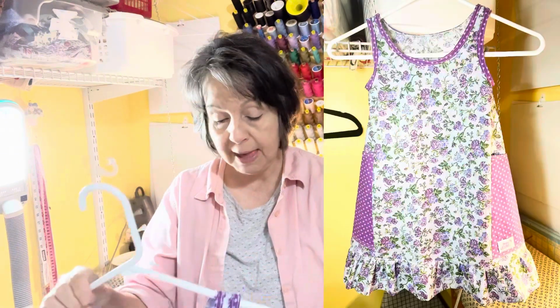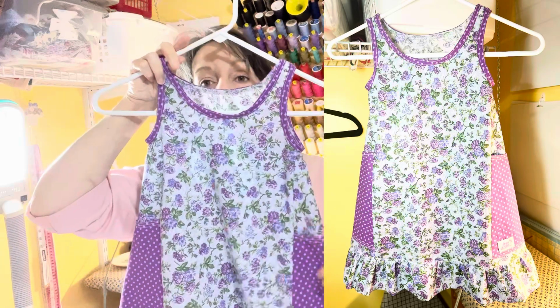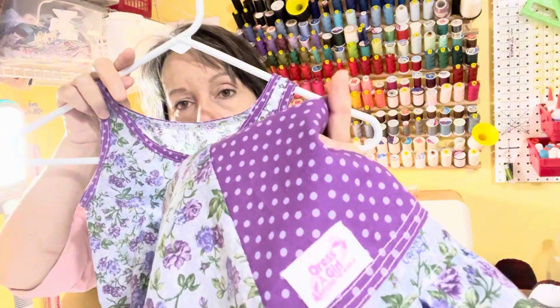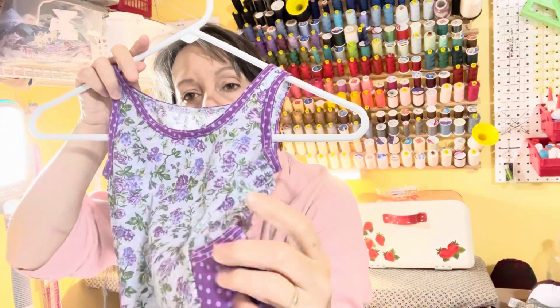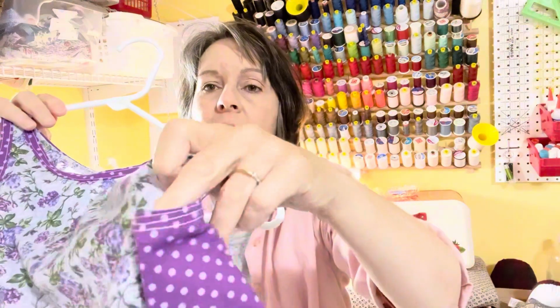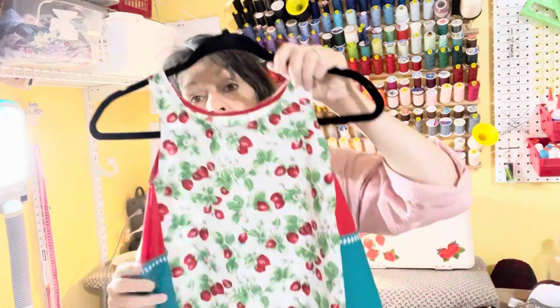So the next one that I made is out of just a quilting cotton, and I hadn't determined what fabric I was going to use for the pockets, so I made the seam binding and the pockets out of this. And I did lined pockets on this one and did 3 rows of top stitching at the bottom and top, and I'll put pictures in so you can see them a little bit better than me just holding them up. And then this was my strawberry one,